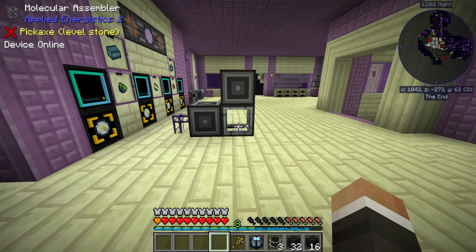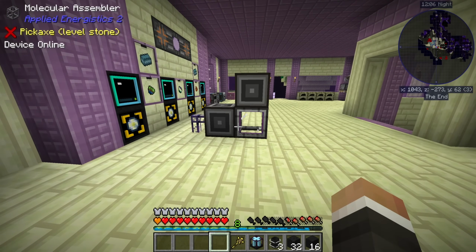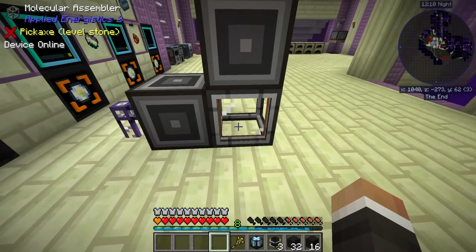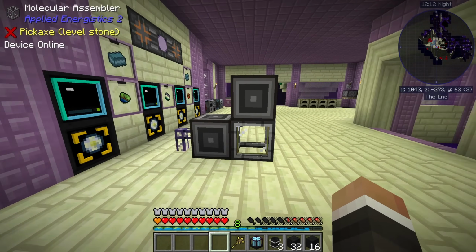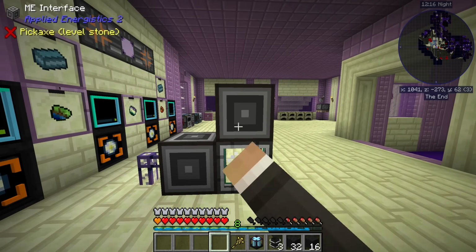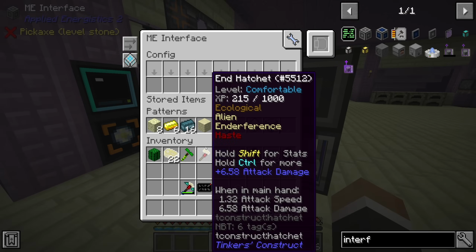Those can connect into here. You really have two options when it comes to auto crafting. You can surround a molecular assembler with interfaces, or you can surround an interface with molecular assemblers. The benefit to doing it this way, where you surround a molecular assembler with ME interfaces, is that you get more pattern slots, right? The downside is that it's quite slow, because right now, if we wanted to craft